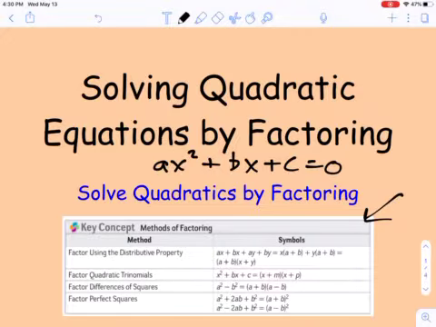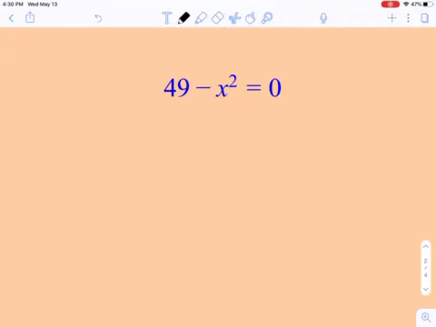If you want to pause the video and check these out, you'll see that these are all just the little tricks and things we learned about factoring. So I'm not going to spend a lot of time going over these because we're going to use them a little bit. So this first example,